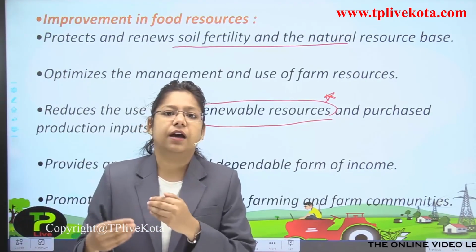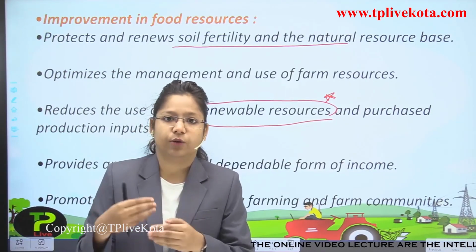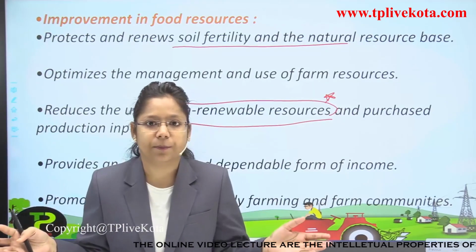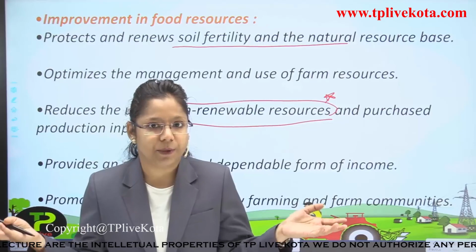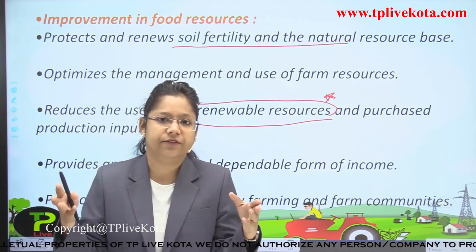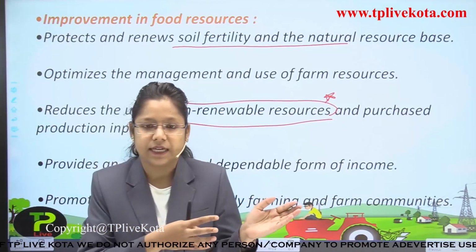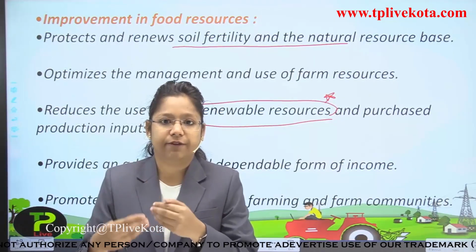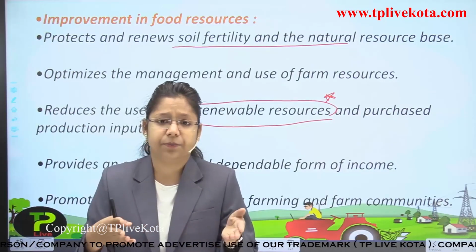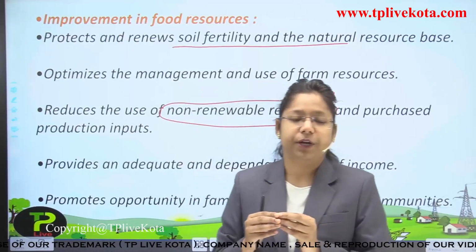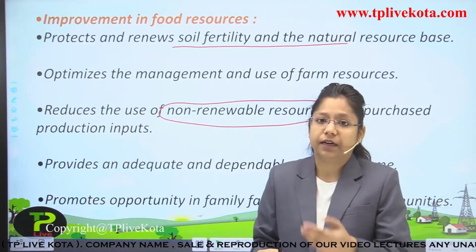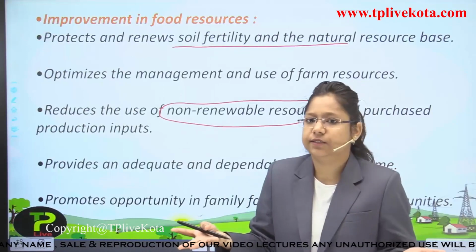If there is not a proper check over the field and the community is not doing proper work, then what will happen? The land will become barren because of the use of great fertilizers, that is the chemical fertilizers, and the farmer will have to pay this debt. Okay, so this is the great thing, and these are the improvements in the food resources which should occur, and also these are occurring in our society, we can see also.